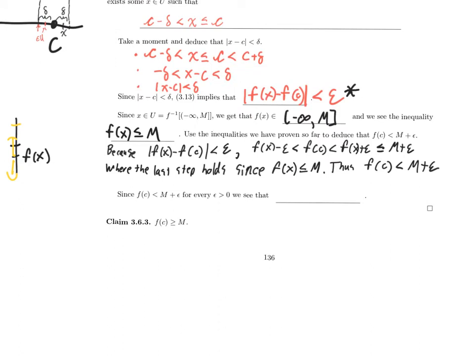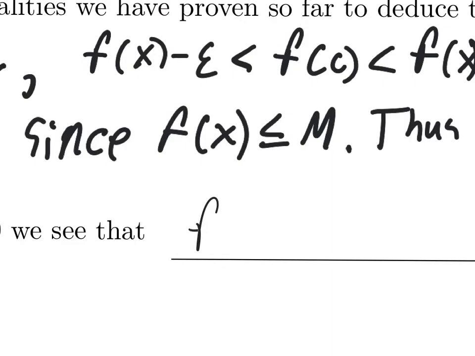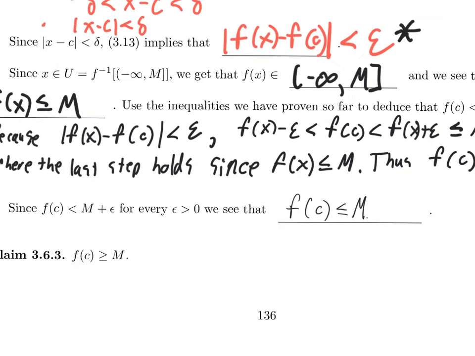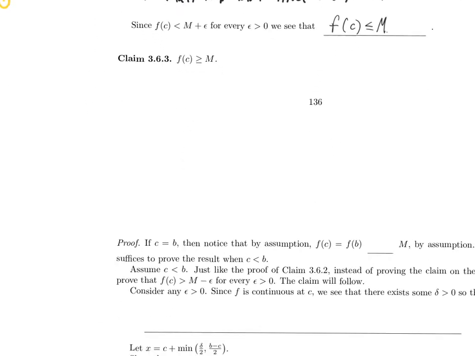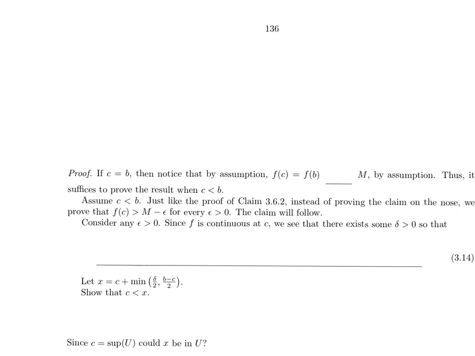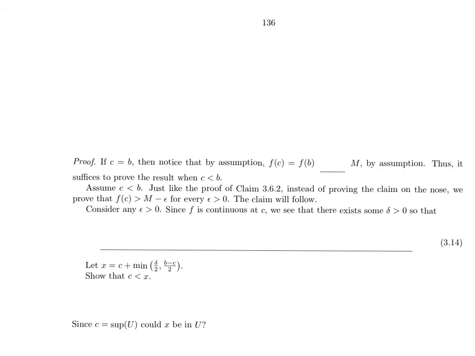And this is true for every epsilon bigger than 0, right? I started by considering any epsilon bigger than 0. Since f of c is less than m plus epsilon for every epsilon bigger than 0, we conclude that f of c is less than or equal to m. Great. Well, next, let's show that f of c is bigger than or equal to m. There will be like a silly case to deal with first,